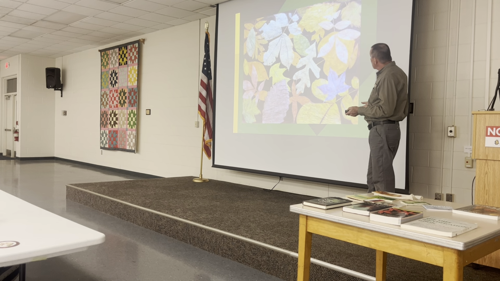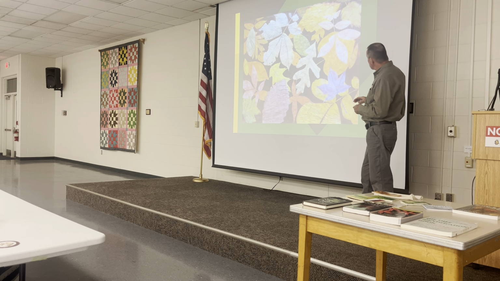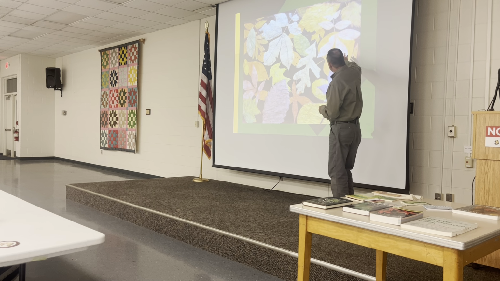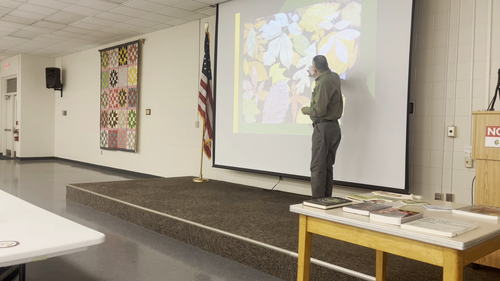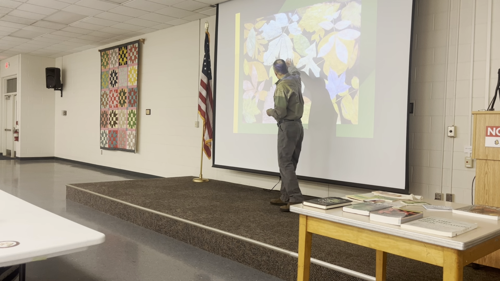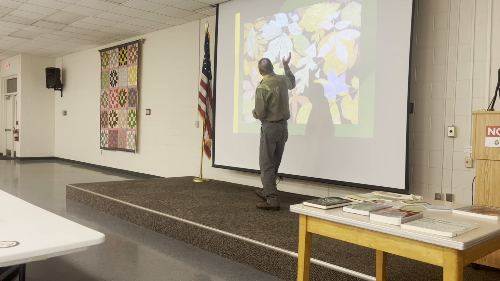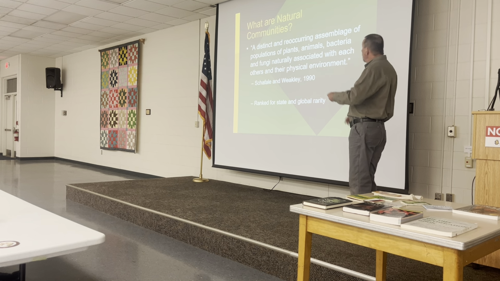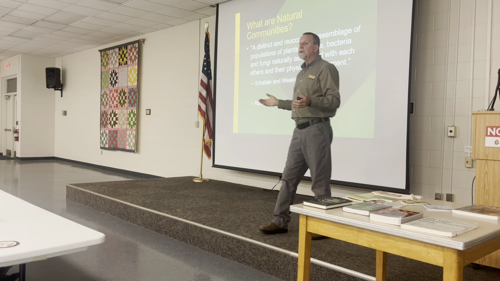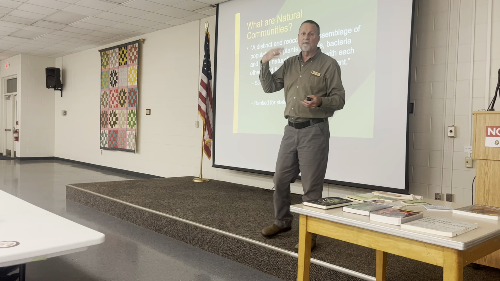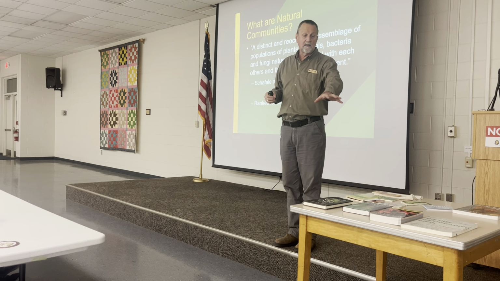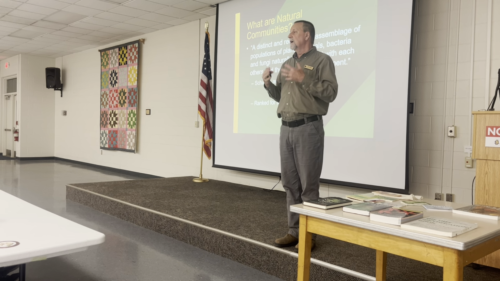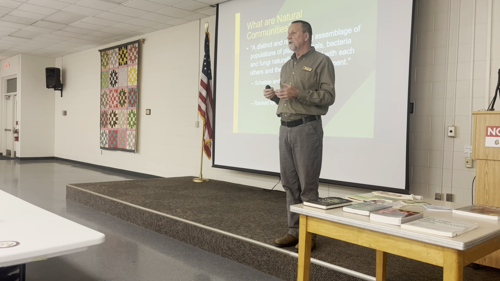So this is the oaks and hickories of Ridges Mountain and other things. So we've got sweet gum, we've got white oak, we've got mockernut hickory, we've got a red oak, we've got a chestnut oak. This is one of my watercolors I just threw in there. So we're going to talk about natural communities. You can use the tools I've just talked to you about and these books in order to get an identification. Now, why do you want to know about natural communities?